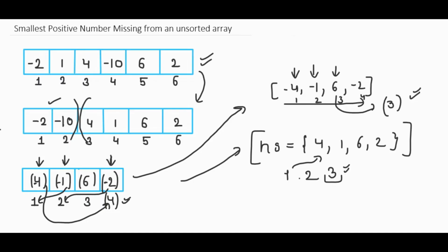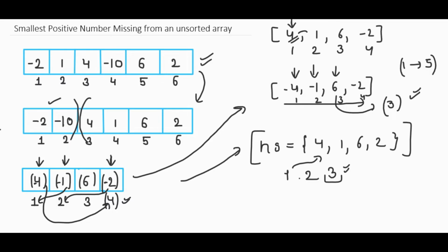So why we are doing this is because, let's say we have an array 4, 1, 6 and minus 2. So we have indexes 1, 2, 3 and 4. We already know that the answer will vary from 1 to 5 only. Okay. So while traversing, what we are making sure is that if this element is present in an array, so